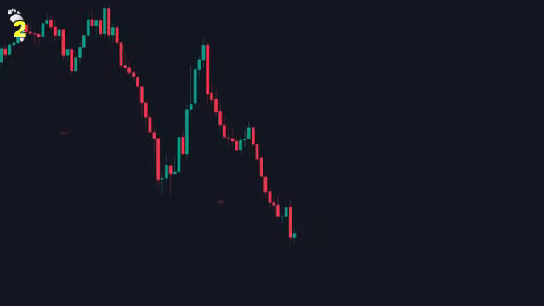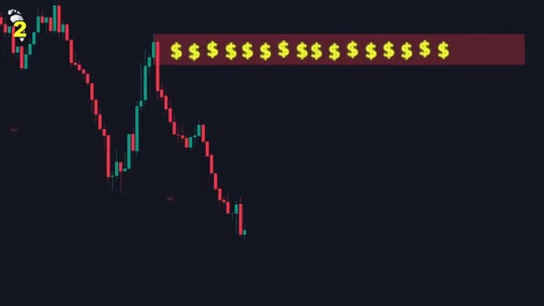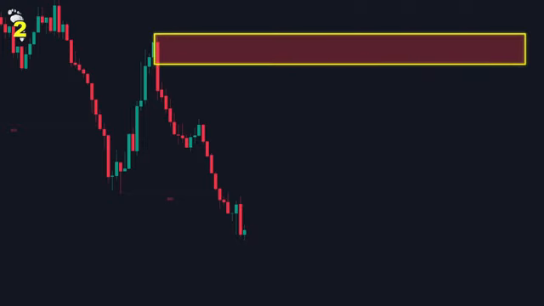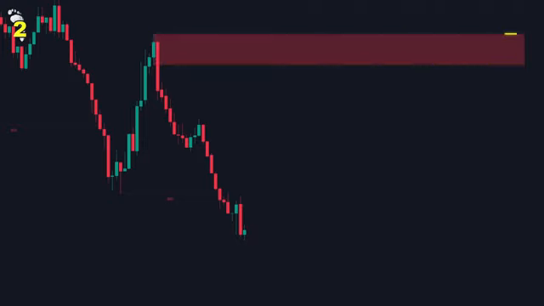Conversely, in a downtrend, when we see a sharp move lower that creates a break of structure, we identify the last bullish candle before this sharp drop. This represents where institutions placed their sell orders, creating a bearish order block. The Price Action Toolkit automatically identifies these order blocks for us. An order block represents an area with an outstanding amount of limit orders, causing large market reactions when price reaches these zones. The toolkit detects these areas and plots them automatically on our charts.